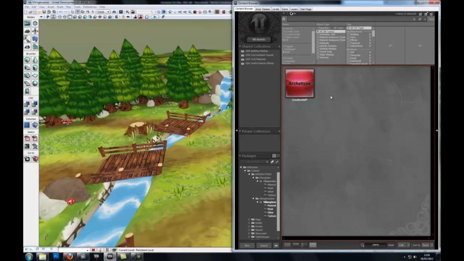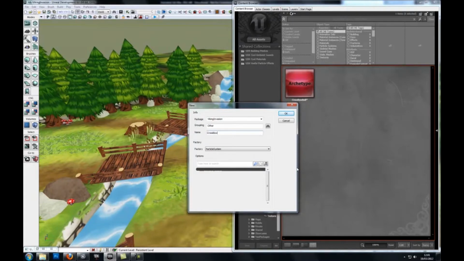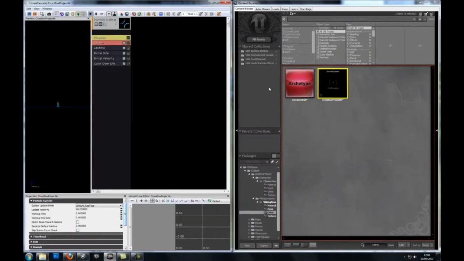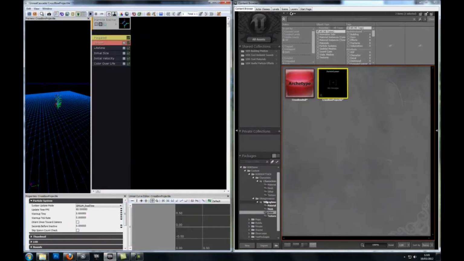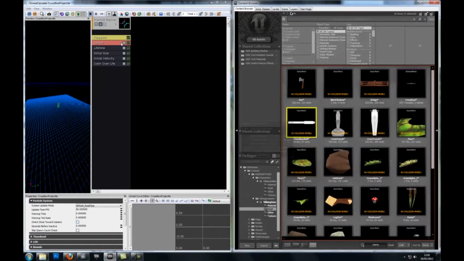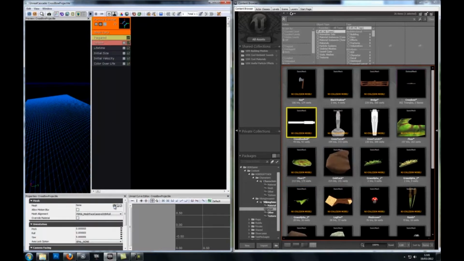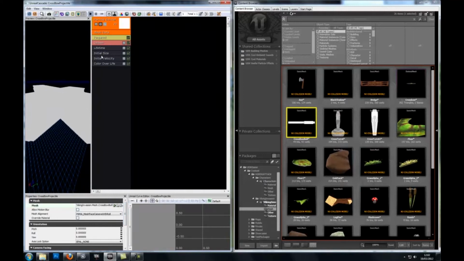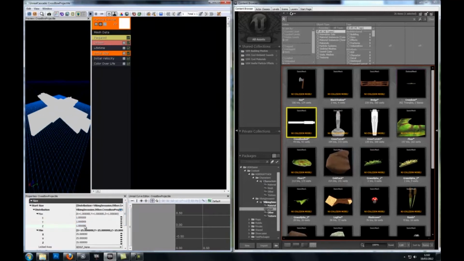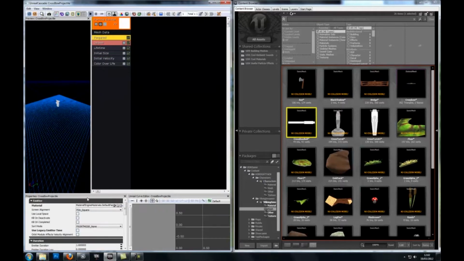And what this is going to be is my actual weapon fire. So to do that I'm going to create a new particle which I will be plugging into the archetype, and this is just going to be a simple little white cross which I made earlier. So in the particle viewer I'm just going to right click just above required, go to type data and new mesh data, and then I'm going to input my bullet mesh. I'm then just going to set the initial size back down to 1 so it's not huge. I'm going to make sure legacy emitted time is ticked,